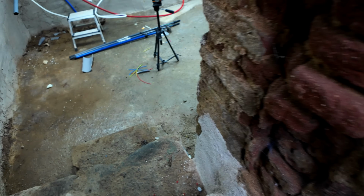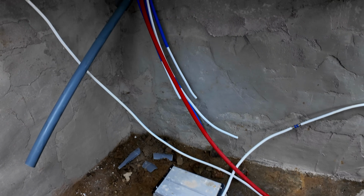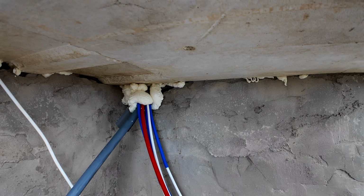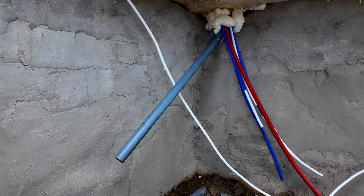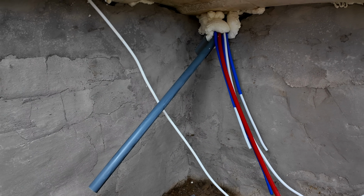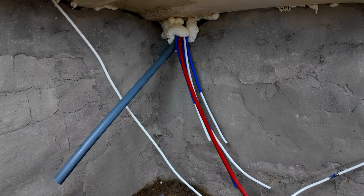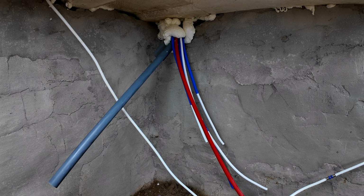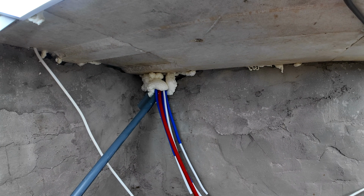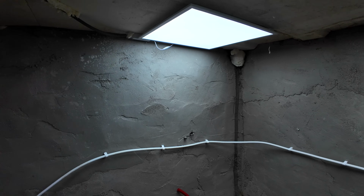And oh, so nice to have lights in here. Finally. And that corner there is where the sewage will come down. What you see coming out of the wall is the drain for the shower and vanity and laundry machine in the bathroom. And these are all water pipes feeding the bathroom that need to be connected, hopefully this week. But anyway, that is where my toilet sewage comes down, in that corner, and then I am planning to guide it via pipes along the wall